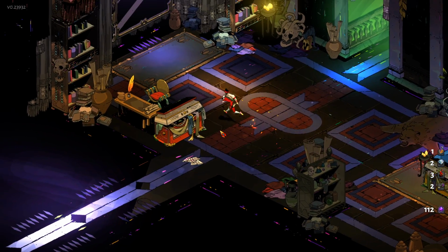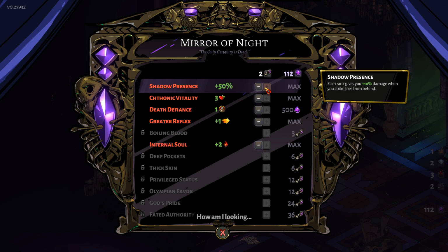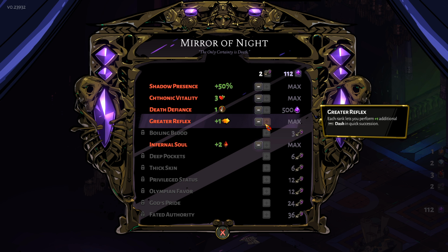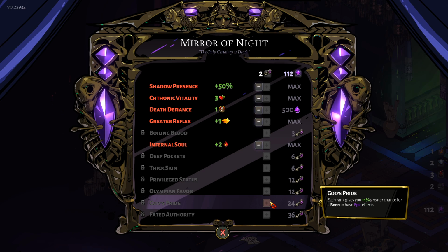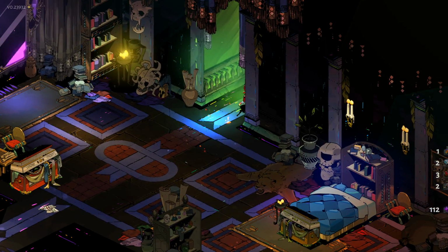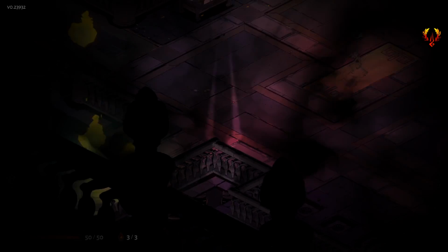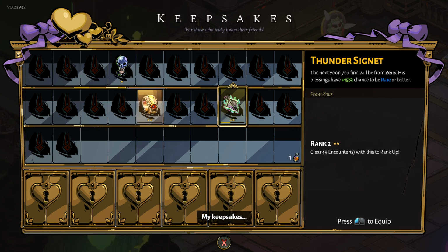Let's head through here. Right, can we do much with our mirror? We didn't get too much darkness here, so I wouldn't think so. We actually can't do anything so far. Something I do want to get is God's Pride. That'd be really good for us to get, but 24 keys takes quite a while to get to. Quite a while indeed. So we'll change over to...